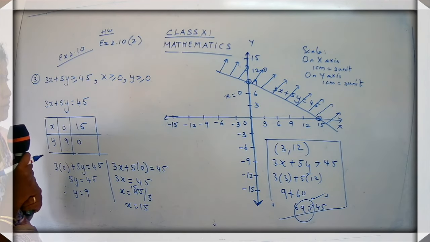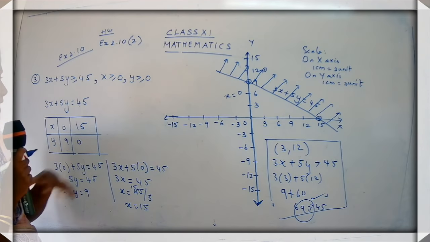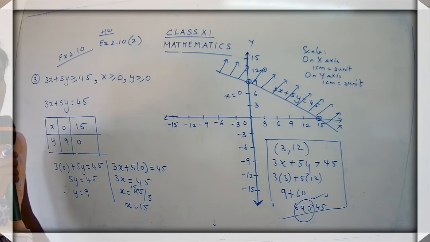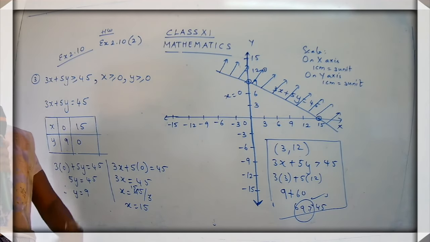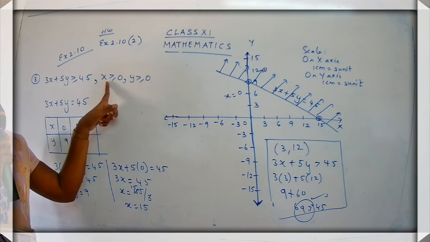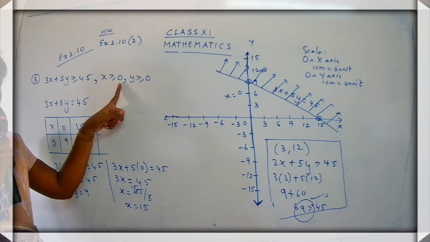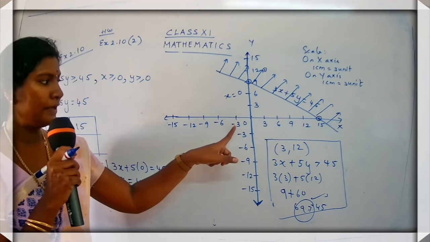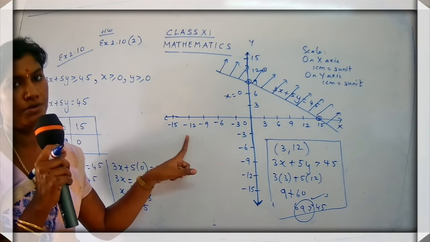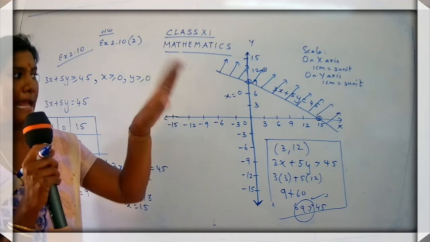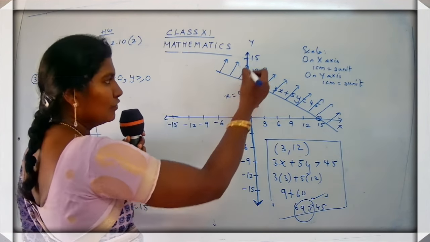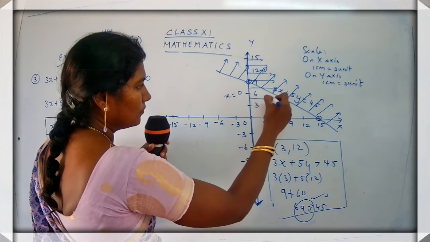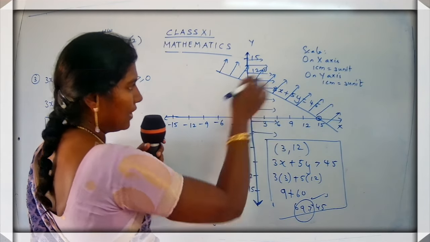Okay. So now what is the condition given to you? X is greater than or equal to 0. X greater than or equal to 0 means we are going to see the positive side. That means I want a number greater than 0. So where is the number greater than 0 lying? Here, the right side. When you take the left side, you have only the negative numbers. So you are going to focus on the right side. So for x is equal to 0, the arrow will be like this, children. See, this is the arrow. So you get an arrow like this.